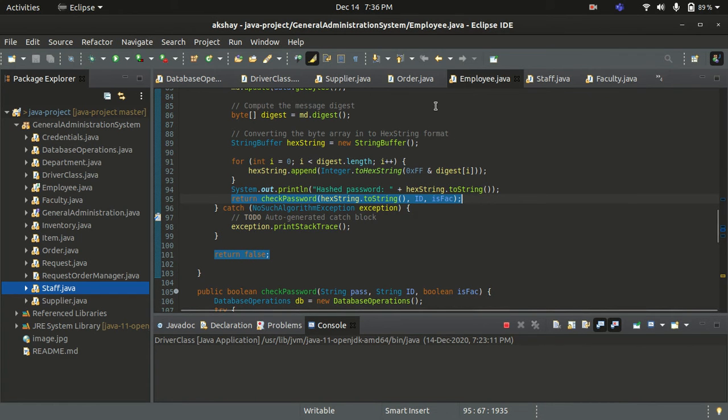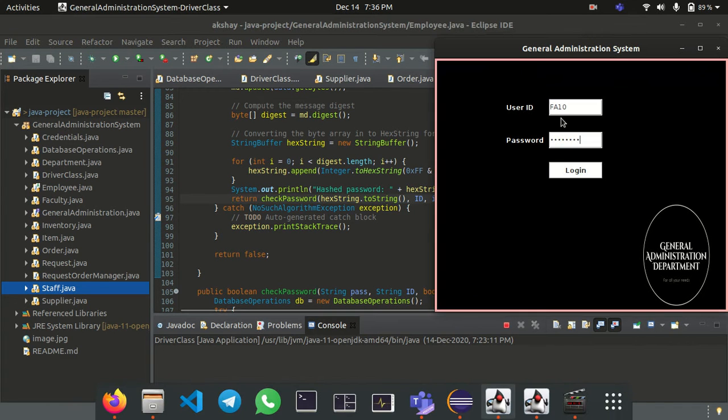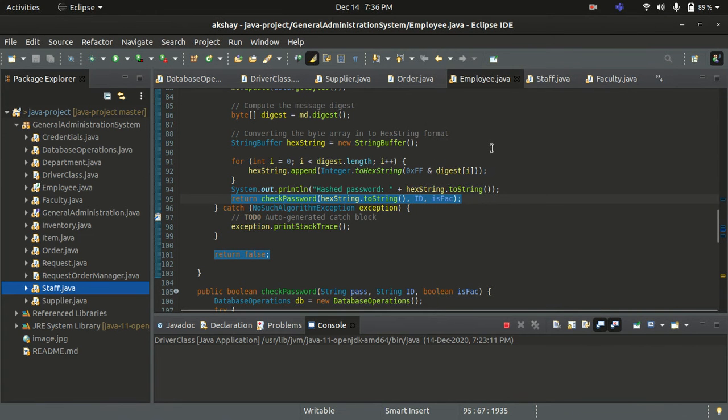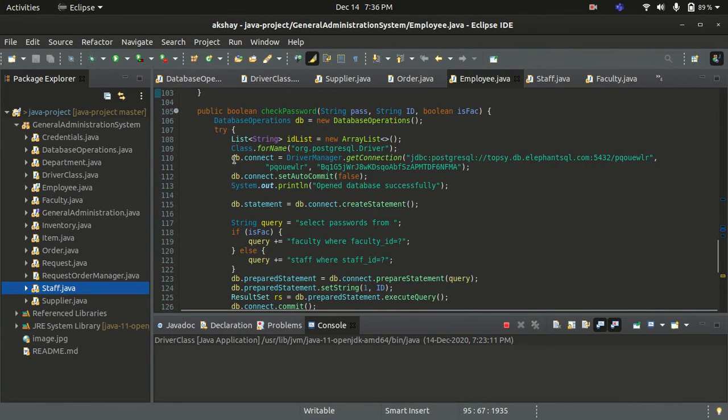The password stored in the database is also hashed, so the hash value of this password should match with the one in the database. So that is checked here.